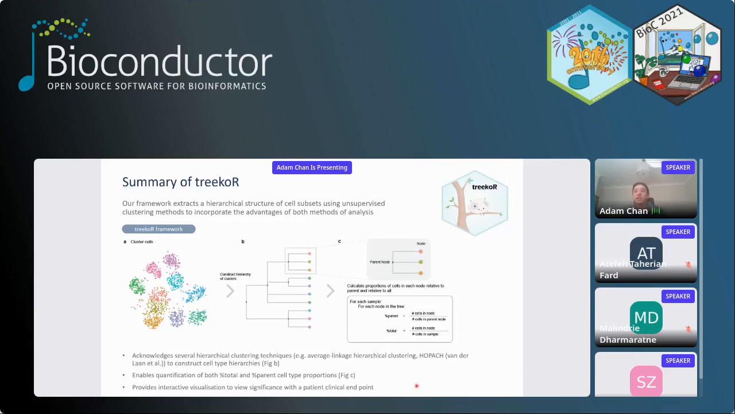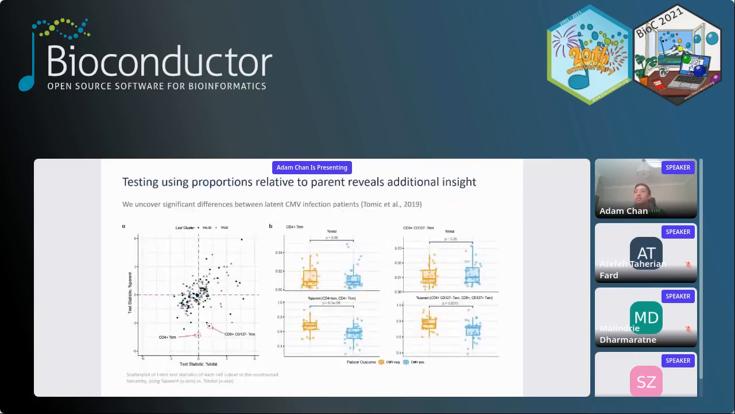TREEKOR also provides interactive visualization to help view the significance of the cell type proportions with a patient clinical endpoint as well. So now we're just going to go through a couple of case studies to show how TREEKOR has been useful for us. So in a data set where we're trying to uncover differences between latent CMV infection patients,